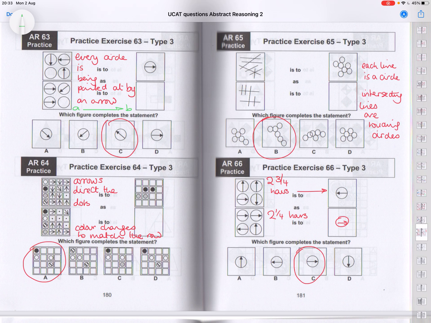This, I think, because the actual solution is that every circle has an arrow pointing towards it. So in this case, if you look as you go from A to B, the only circle that doesn't have an arrow pointing towards it is the one to the top left. So that means C. In practice exercise 64, each row corresponds to the sequence of arrows corresponds to what to